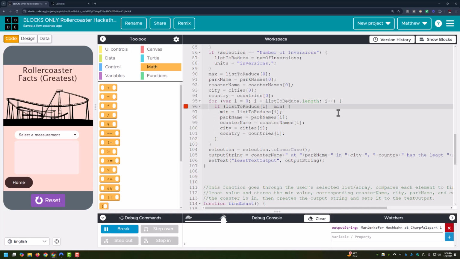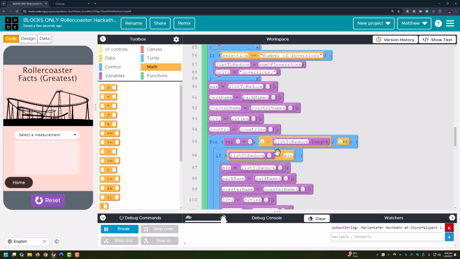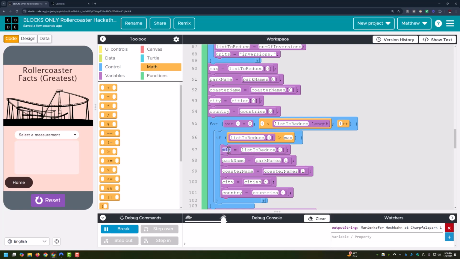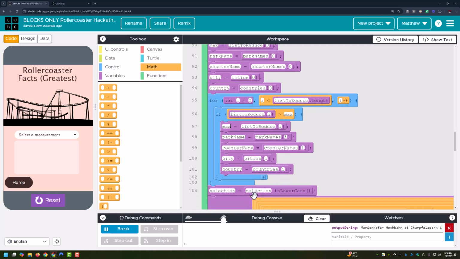So I can change this to the greater than, just changing the direction of the inequality just in the if statement. Don't change the one in the for statement. If the current value we're looking at is greater than the max, then we need to update the max, not the minimum. So update max. With that current value, that park name, that coaster name, that city, that country, all of this is going to